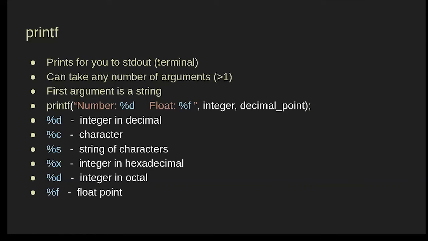So it's a special type of function which can have a variable length of arguments. We'll see later on how we can define such functions ourselves, but for now, just know that. So the first argument must always be a string, so this thing in quotations,